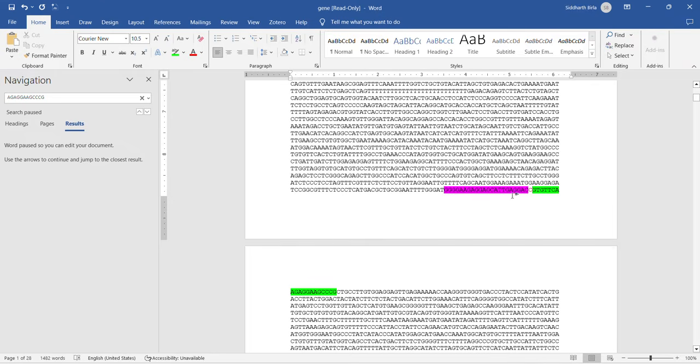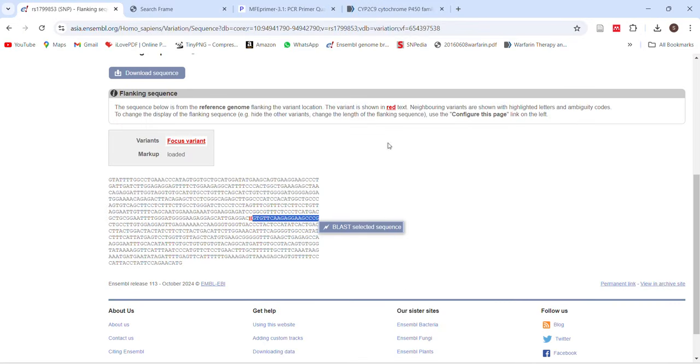So now this pink one and this green one will be used for designing the inner forward and inner reverse, right? So this pink side will be inner forward and the green side will be your inner reverse, right? So I'll leave it as such, and I'll again go to